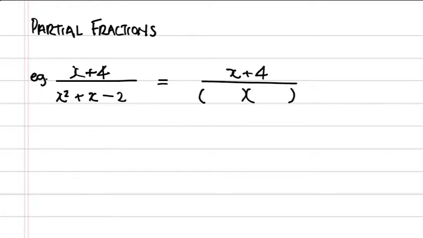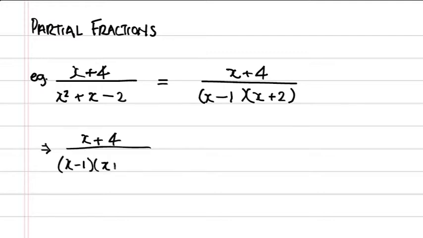denominator. Now factorising the denominator, we get our expression equal to x plus 4 over x minus 1 times x plus 2. That's just a straightforward binomial factorisation, and you can see some of the other videos on how to go about doing that. Having expressed it over its factorised denominator, we now need to break that up into the